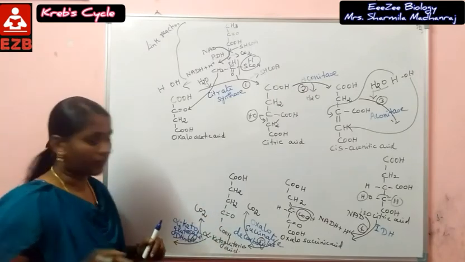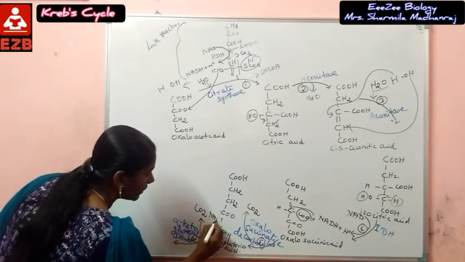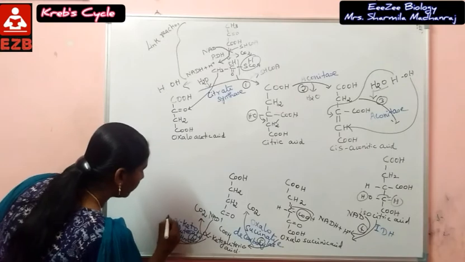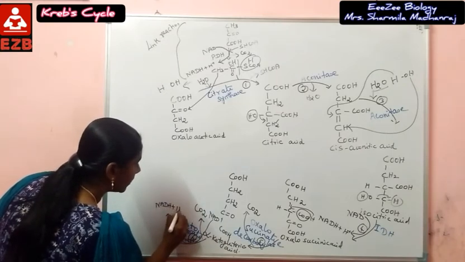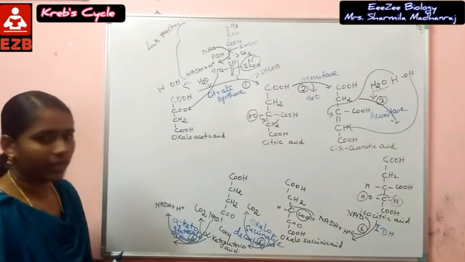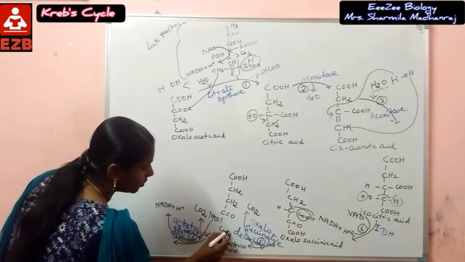Next, NAD is converted to NADH plus hydrogen ions. Carbon dioxide is removed from this carboxyl group,